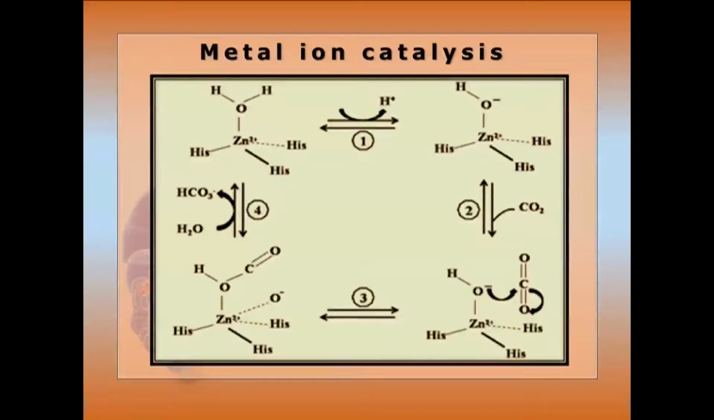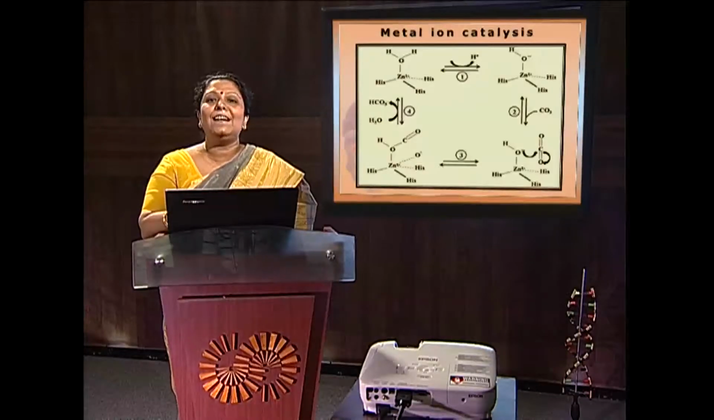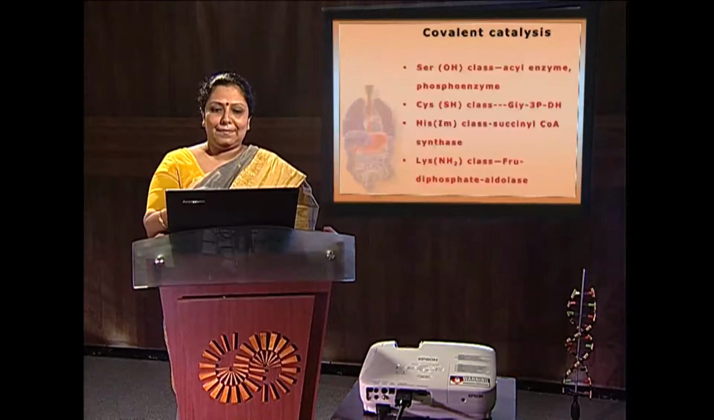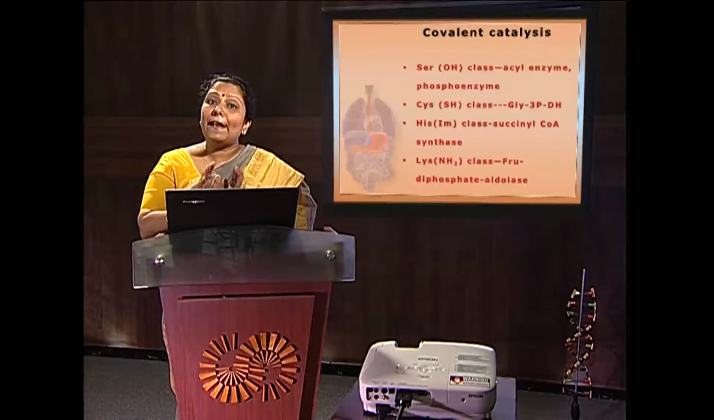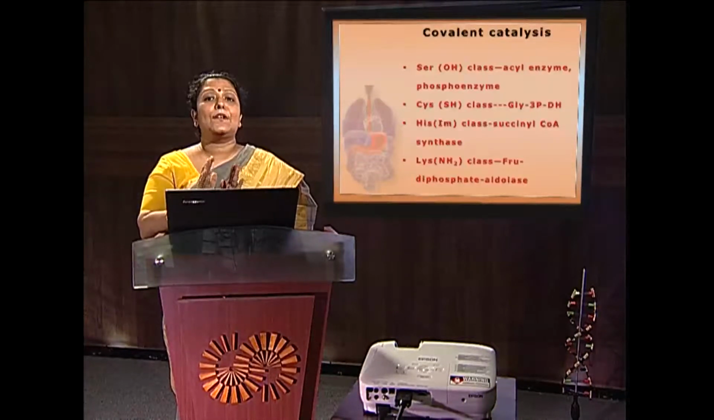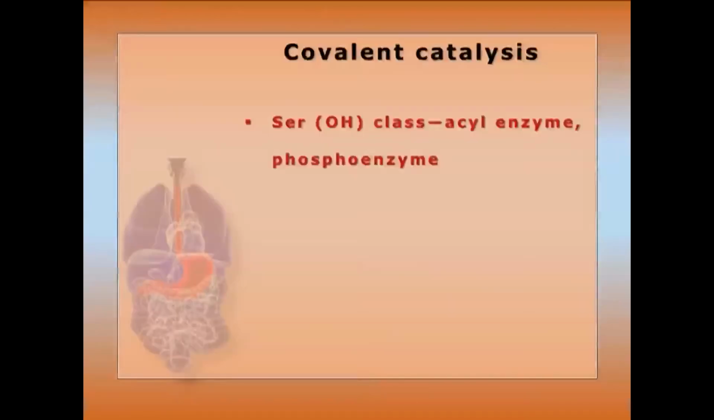in the nucleophilic attack on carbon dioxide, which is stabilized by 3 imidazole rings contributed by the histidine residues of the enzyme itself. Covalent catalysis. So a covalent bond is made which stabilizes the transition state. Serine hydroxyl gives a silyl enzyme, as in chymotrypsin. Phosphoenzyme. In case of cysteine, the thiol group is contributed to make the covalent bond,